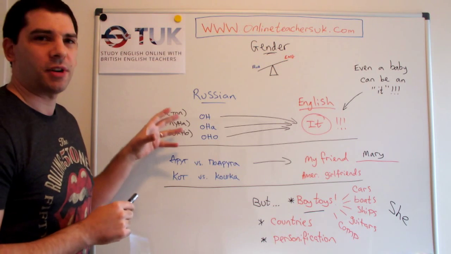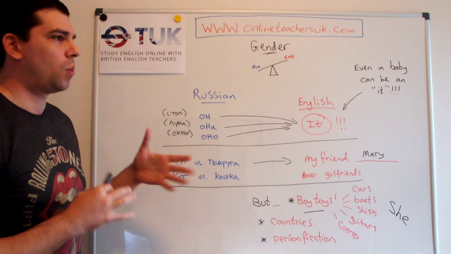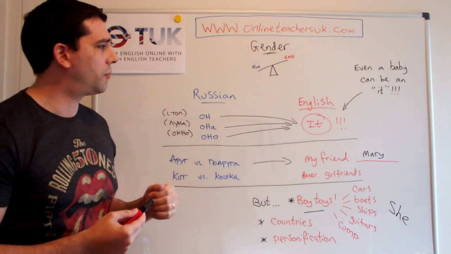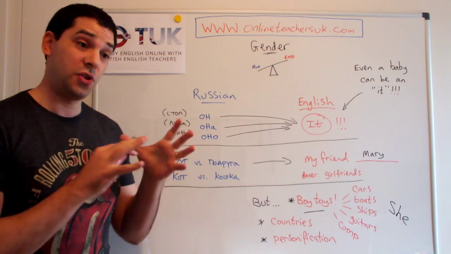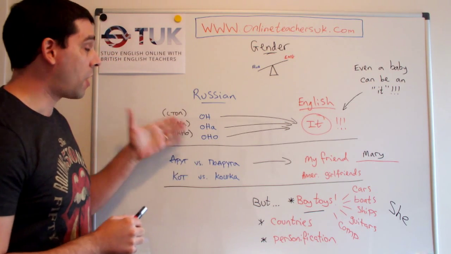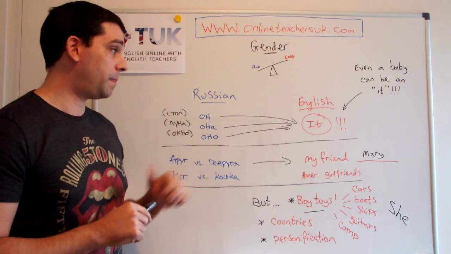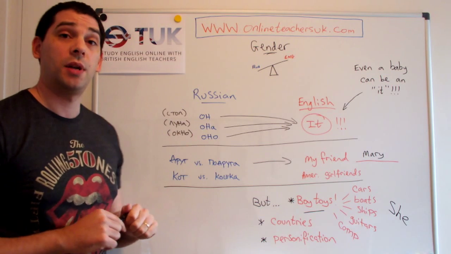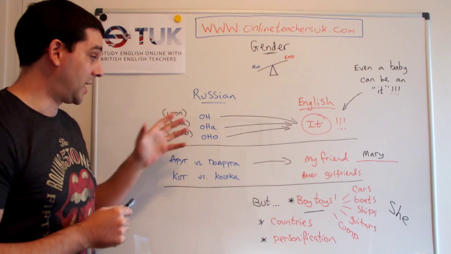So we were trying to find logic in this, where really we needed to accept that this is just part of the grammar of the language. It's just a way of categorizing things. And there aren't necessarily those deep associations with either something masculine, feminine, or neuter with those nouns in the categories